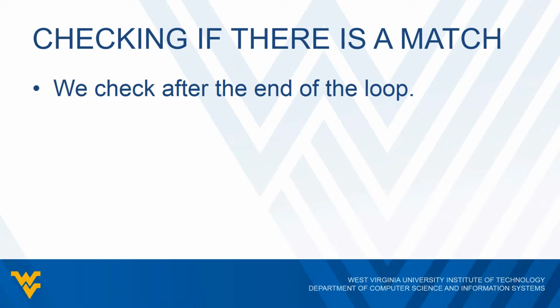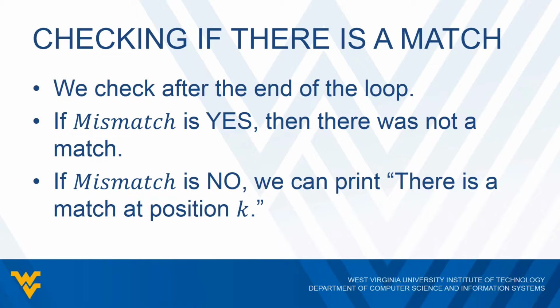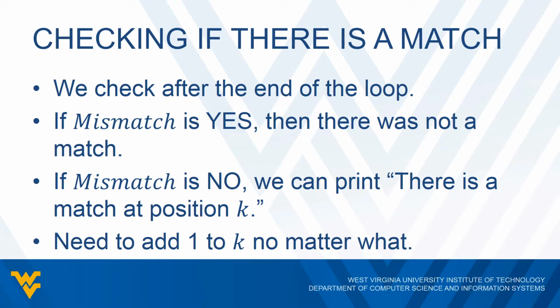And we'll use our mismatch variable. So if mismatch was yes at that point, then that means there was not a match. If mismatch is no, then that means that all the characters lined up, so we can say there was a match at position k. Now, regardless of whether or not there is a match, we still need to increment k